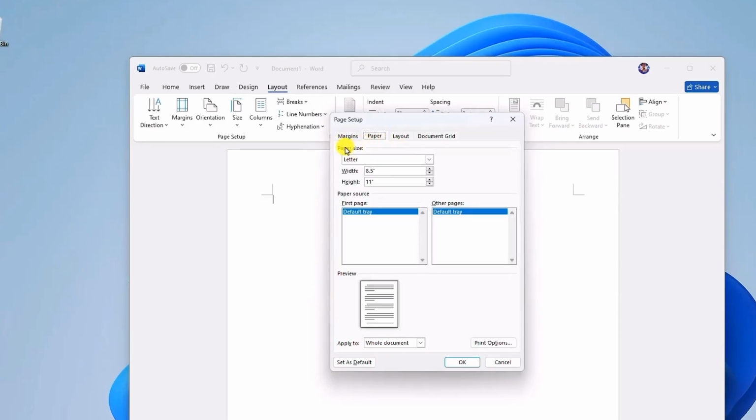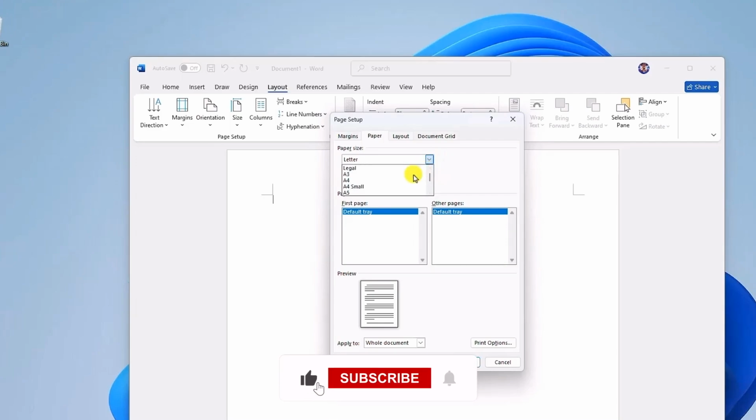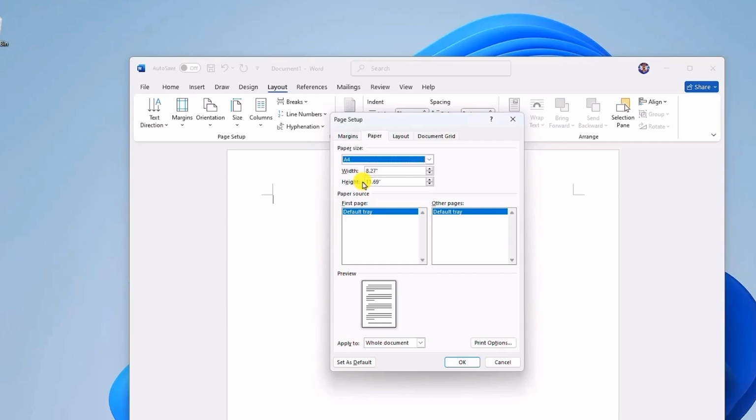As you can see, currently the paper size is letter. So what you do is click on the drop-down menu over here, and that will open a new section over here. This will look for A4, which you can see right over here. Now, if you want A4 small size, you can also choose that as one thing. So currently we'll only choose A4, normal one, and then you can manually change the width and height as well